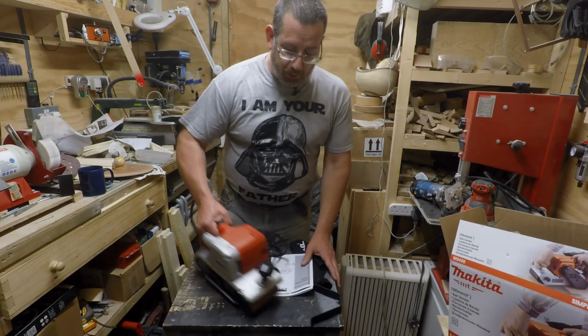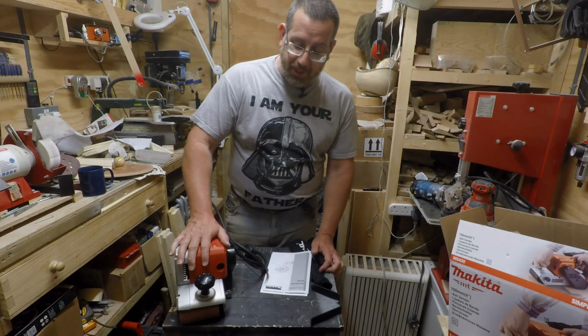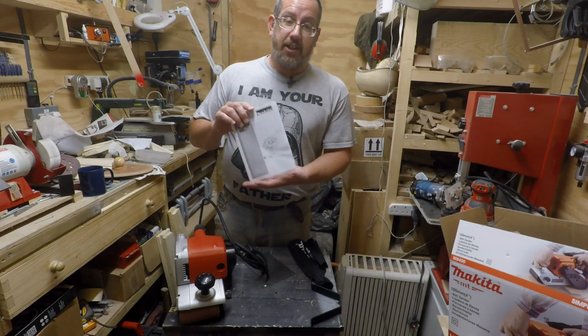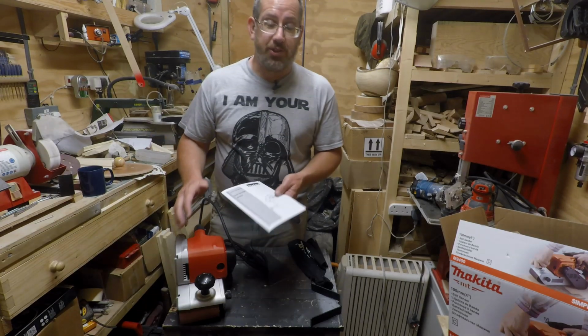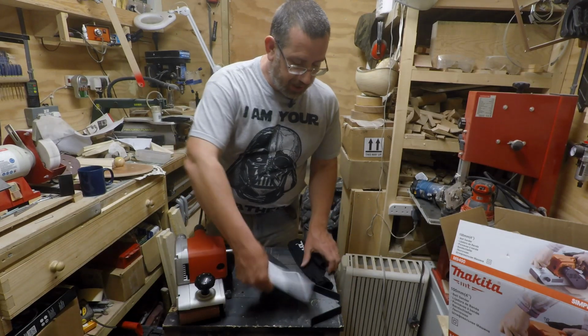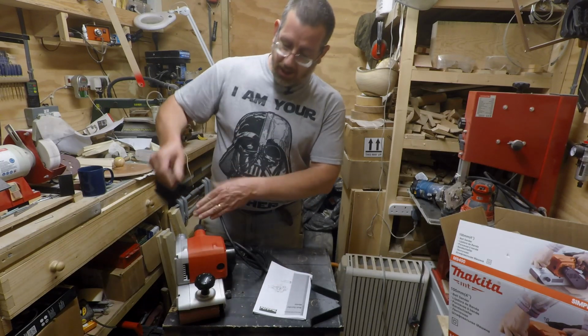Now that's everything unboxed, and as you can see, very few things. Got the main belt sander there, and as you can hopefully see now, it is a very big beast. Instructions, as you expect, are very few, and you will see as I quickly go through the features on this why the instructions are so small, because there really is not much to do with this. You get your dust collection bag, which just holds on